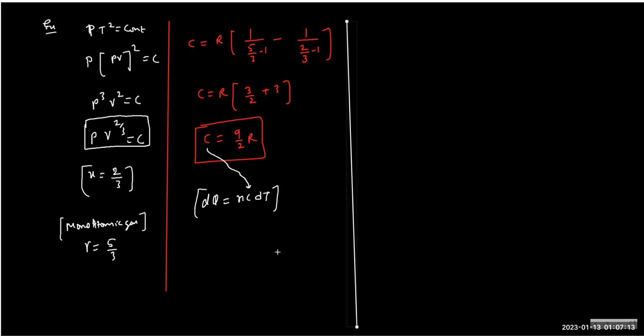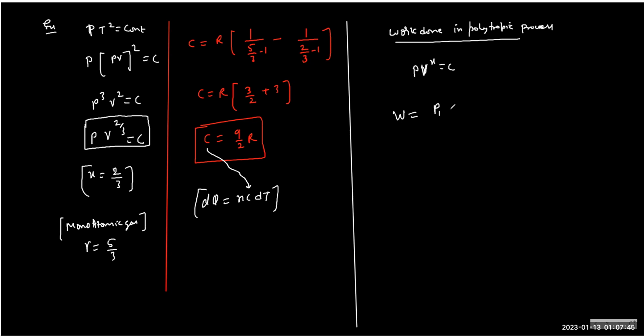Is this clear? We can always find the work done. So work done in polytropic. See, we know PV to the power x equals constant. No need to think. Formula wise, the way PV gamma gave you the answer, the same answer should come here. So the answer is P1V1 minus P2V2 upon x minus 1,